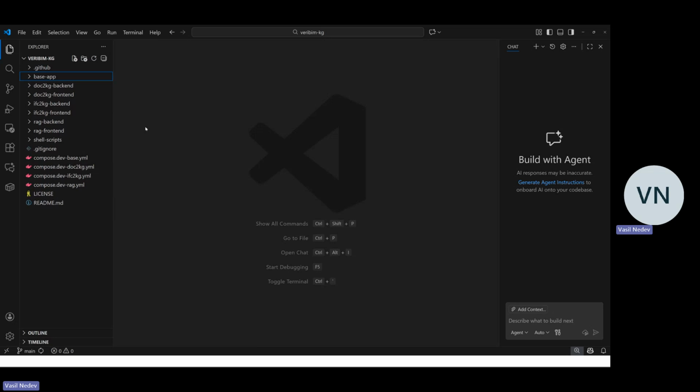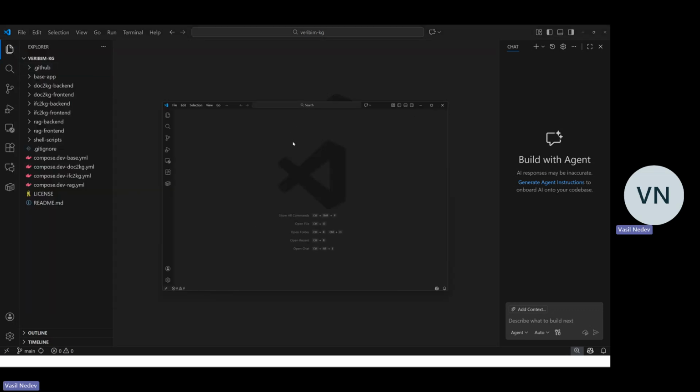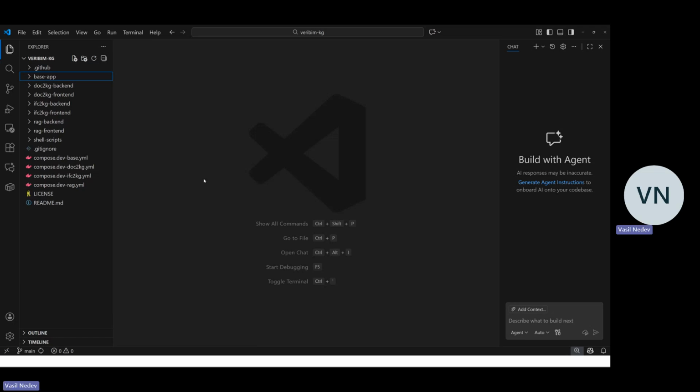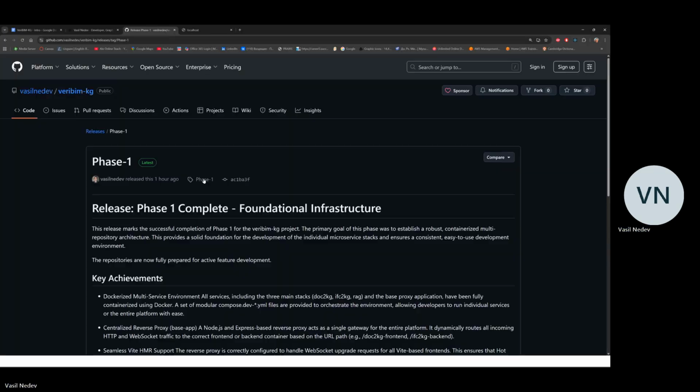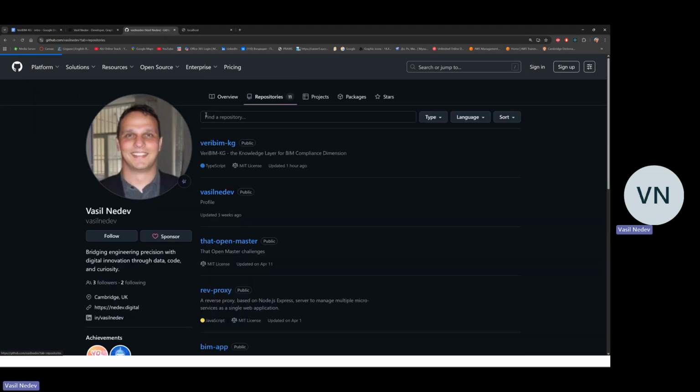Also, something that I should have started with for people who are not very familiar with Visual Studio Code or may be using other systems: how to clone the system. It's not a very big deal, but what you can do is get a new window, and the recommended way will be going through the clone a repository option on the new window. Obviously, you need to be in the correct repository,